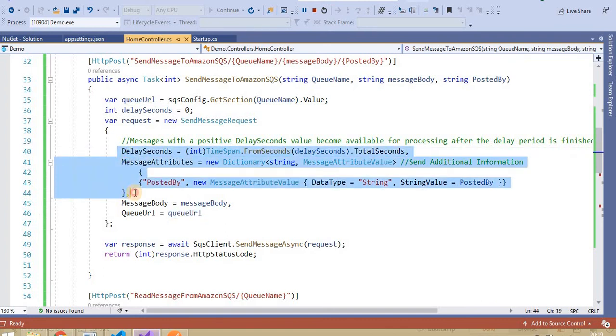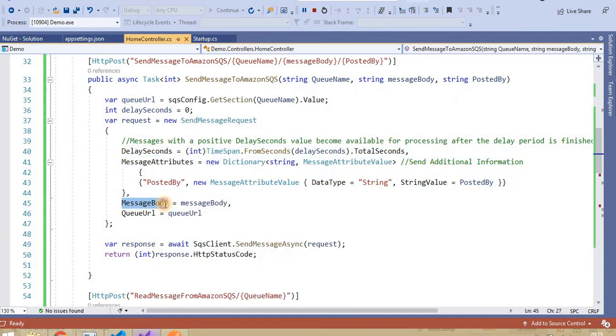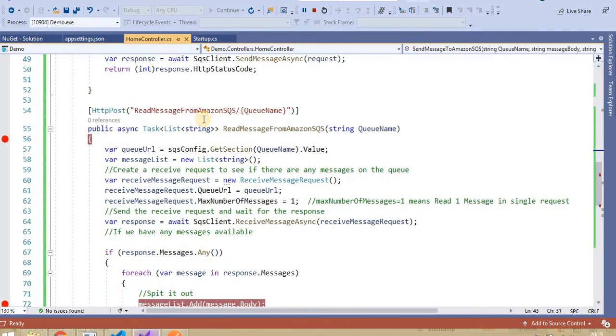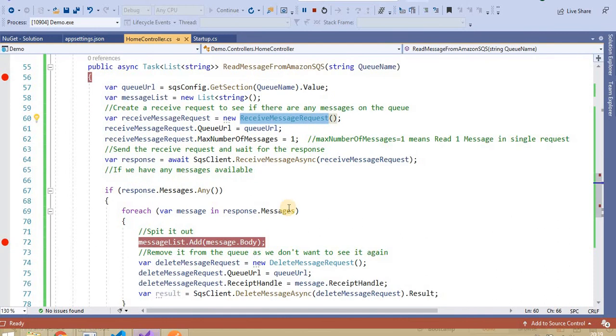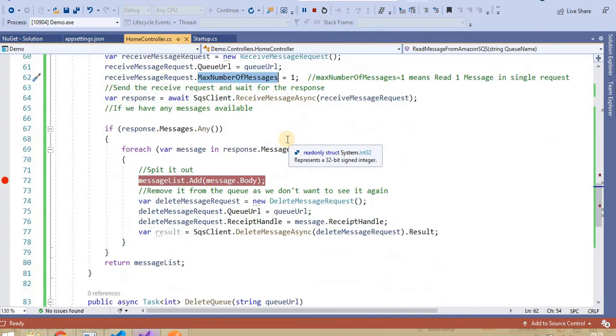If I do not pass the additional things, it's fine. These are the two important properties: which message I will push and to which queue I will push. The rest is additional information; here I can add another thing, like first name or the date the message was pushed to that queue. To read that message we have the receive message request. Again, one important property is queue URL. By default the max number of messages is 1, but we can change it according to our requirement. And for the delete message request we need the queue URL, from which queue, and which message we want to delete. The receipt handle is unique to a particular message, so it will delete only that message.